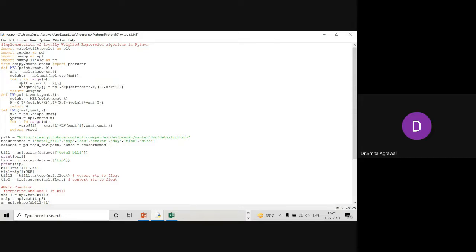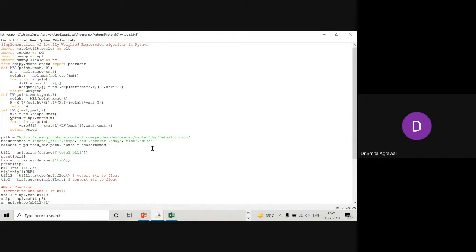Then we have a for loop: for j in range m. diff is a variable. diff is equal to point minus xj, and weights[j, j] is equal to np1.exp of diff multiplied by diff transpose upon -2 k square.